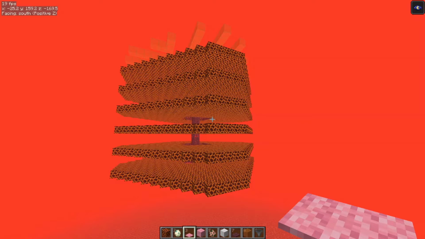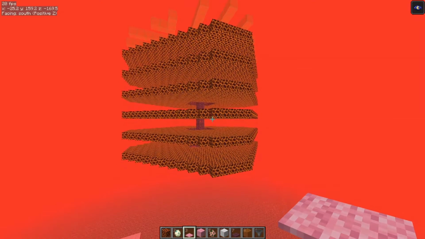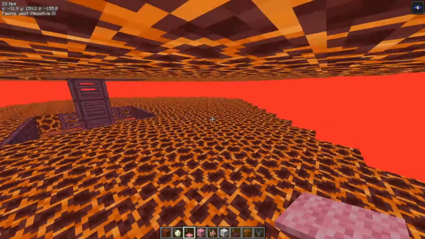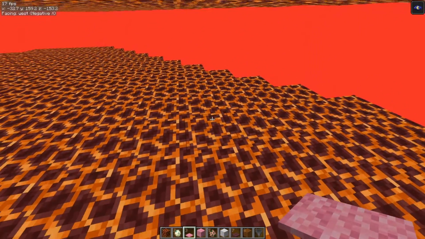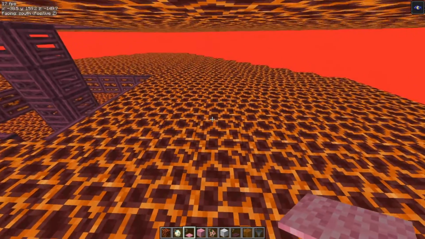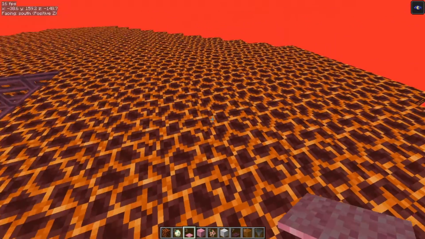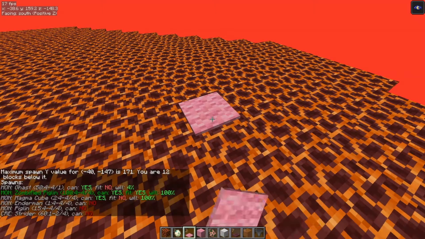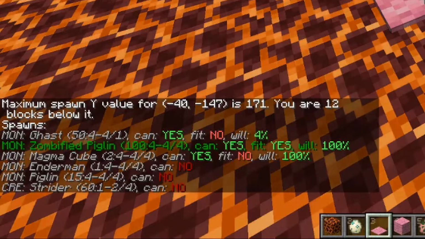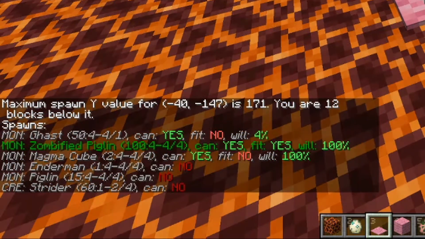This farm is composed of 6 spawning floors made out of magma blocks. I use magma blocks with 2 spaces in between each spawning floor so that only zombified piglins can spawn, which are the mobs that we need to kill to get gold. This carpet mod feature shows that zombified piglins are the only mobs that can both spawn and fit on this